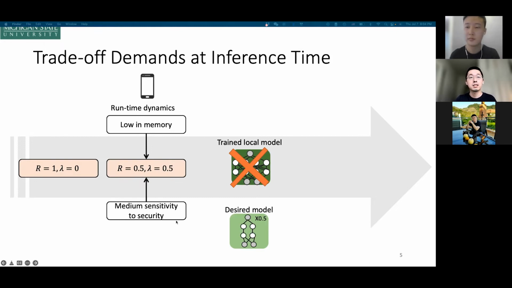Meanwhile, it may want this model to be more robust, because this device may enter some security-sensitive environments. So it will change its requirement for this model. However, because this model is totally static, we cannot change it. So we cannot use this local model to satisfy this requirement. Instead, we may design another model somewhere else.